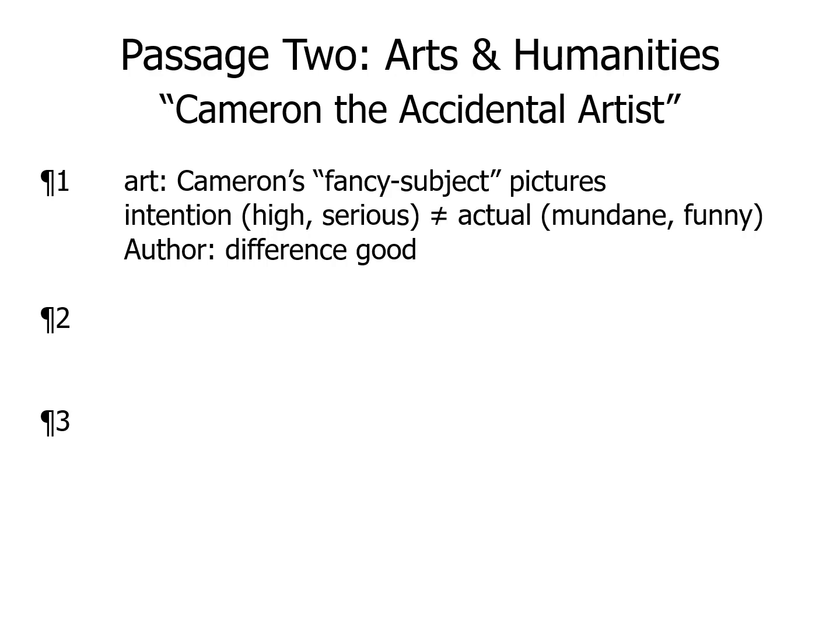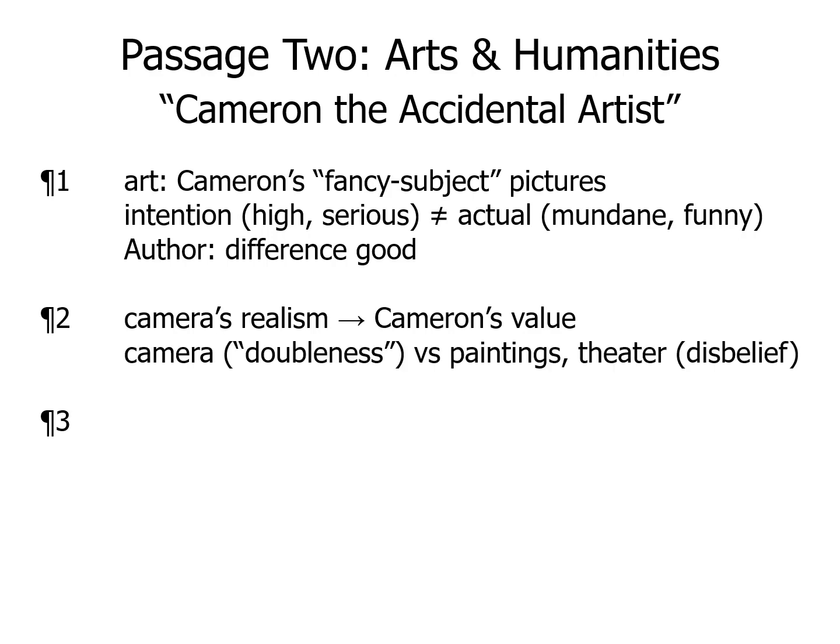The second paragraph goes into the author's reasoning behind this evaluation, and it involves a discussion of the camera or of photographic art in general and how it is always essentially real or realistic, and that realism is what gives Cameron's photos their value. This is mostly explained through a couple of comparisons, comparing the camera and what it does versus paintings and theater, two different art forms, and what they do.